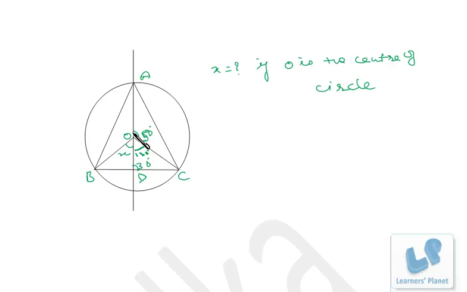Now in this triangle ODC, if this is 130 and this is 30, so it is 160, so this must be 20. If this is 20, this must be 20, because OB is equal to OC, OBC is an isosceles triangle, right? Now in this triangle OBD, 30 is the exterior angle, and this 20 plus x should be equal to 30, remote interior angles. So x plus 20 is 30, that means x is equal to 10 degrees.